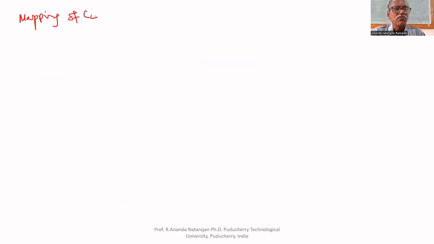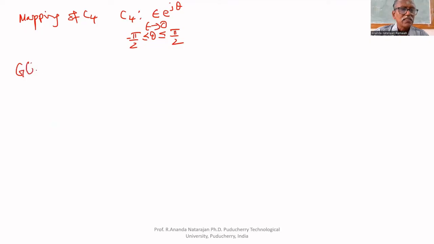Mapping of C4. C4 means what? Epsilon, as epsilon tends to 0, e power j theta. Theta varies from minus pi by 2 to plus pi by 2. If you substitute here, g of j omega, as omega